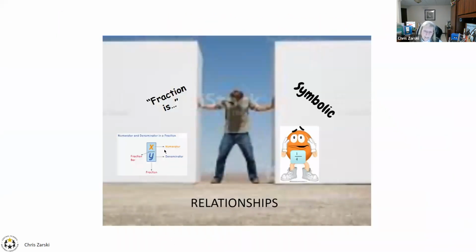So if we can park the word fraction, fraction can come up at the end of grade 2, doesn't have to come up anywhere before then. We can just talk about relationships. So if we can do away with the symbolic, don't talk about a numerator, don't talk about a denominator, just talk about a relationship, something that's related to something else, and we'll define how that unfolds with money. Do away with maybe a fraction is. Many times we start with that sentence and then we say it's a part of a whole. It's like a half a cookie, it's half a pizza. So what if we didn't start that way?